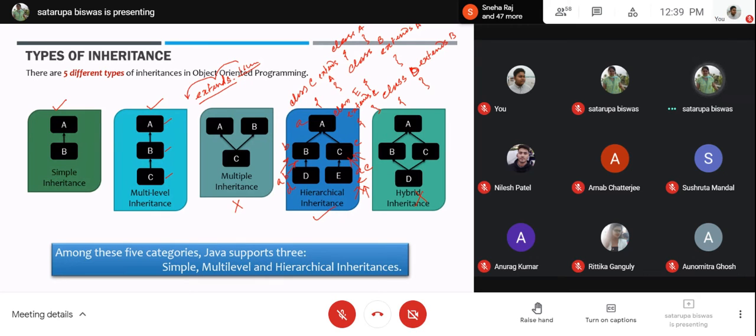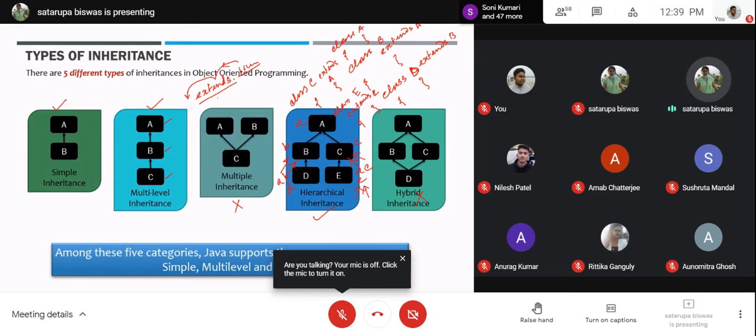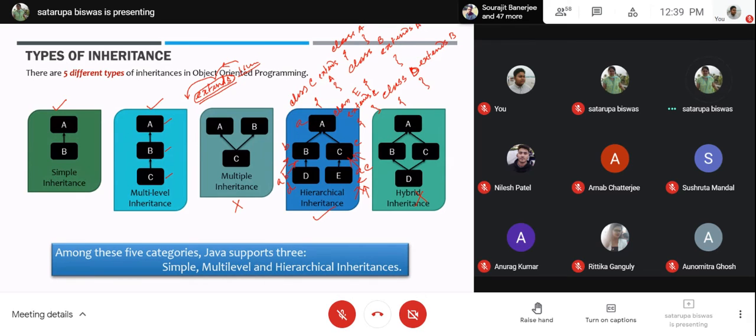Only one data set can be extended into another data set. So that is actually done by extends. If somehow multiple inheritance or hybrid inheritance is to be possible, we have to incorporate some other keyword there. Okay, only extends cannot do that.